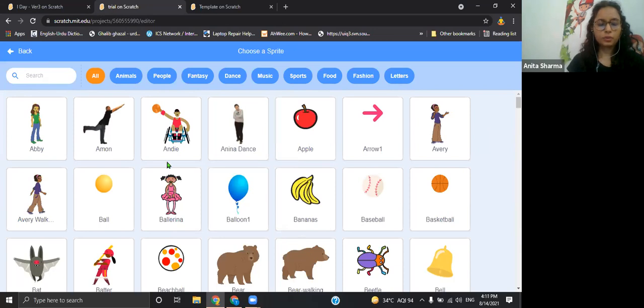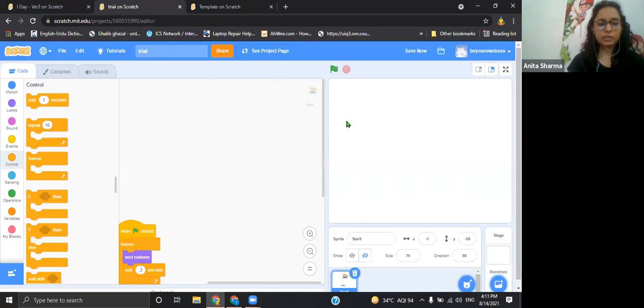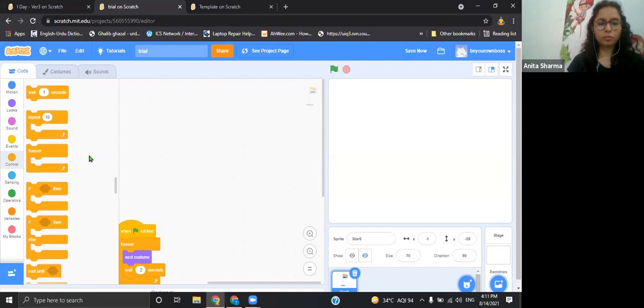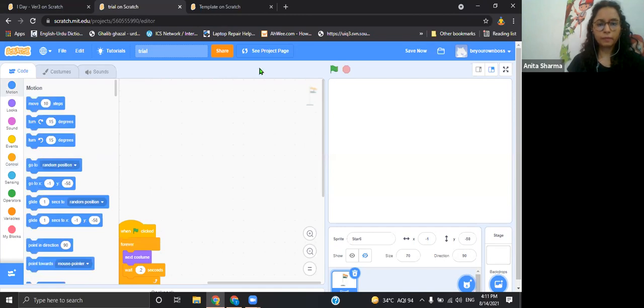All right. So now what do I want? I want the wizard. So how to get the wizard? As I told you, this is the environment. This is the Scratch page. This area is the stage. When we get the wizard and the rest of the sprites, you can see them here. This is the area where we'll do coding, where we'll start writing the code, the instructions. And on the left-hand side, you can see these are the codes in the form of blocks. So now let's get the wizard.